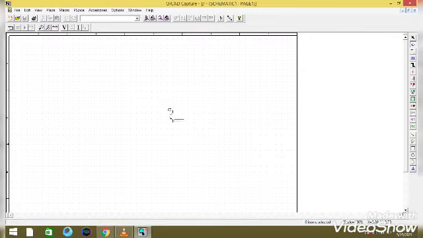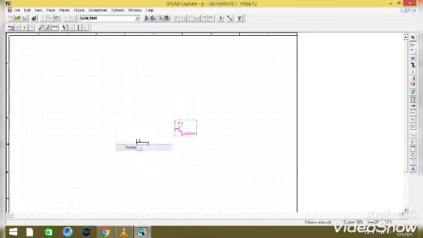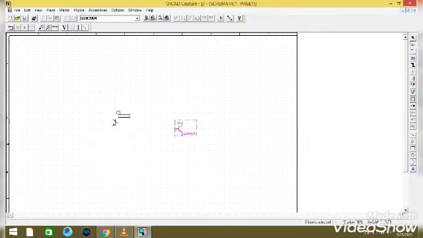Double click on it and place it. For simplicity, I am placing one transistor as is and rotating the other. Right click and rotate. Again I am rotating and mirroring vertically. Then I am placing another transistor.